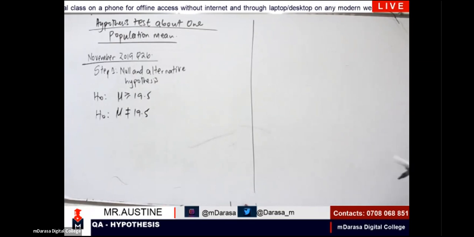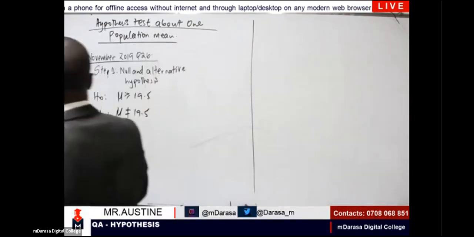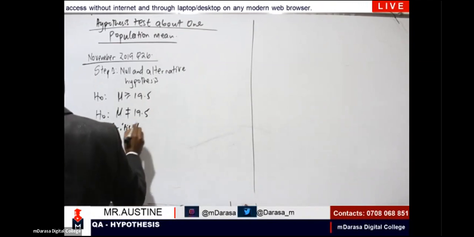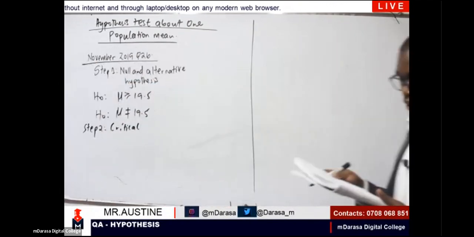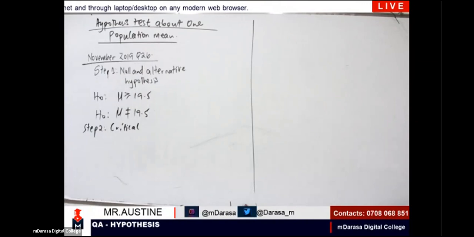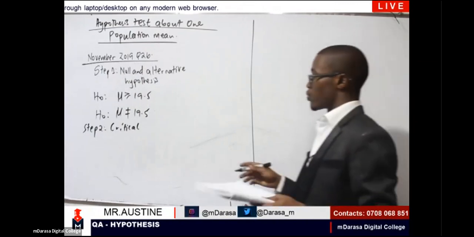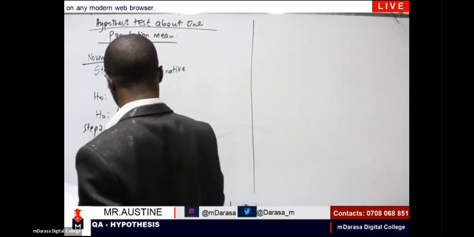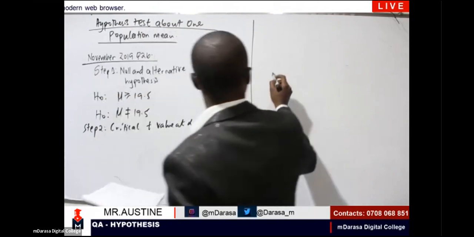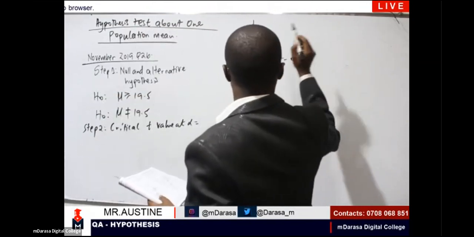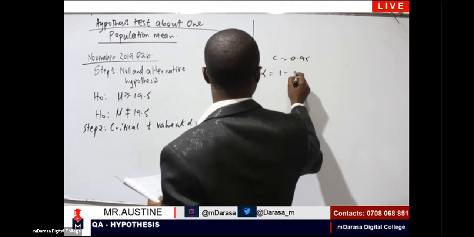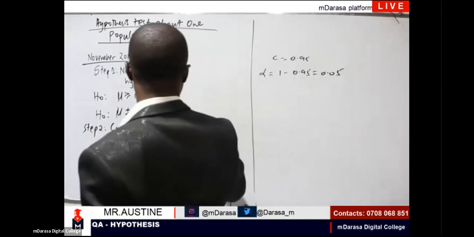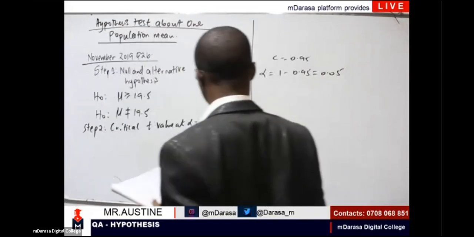Next, we come to the critical value, step 2. In this case, look at the sample size. The sample size is less than 30, it is 25. So this will be the critical t-value at alpha. We've been given a C of 95%. Alpha is given by 1 minus C, so 1 minus 0.95, we find 0.05. So at alpha equal to 0.05, the significance level,